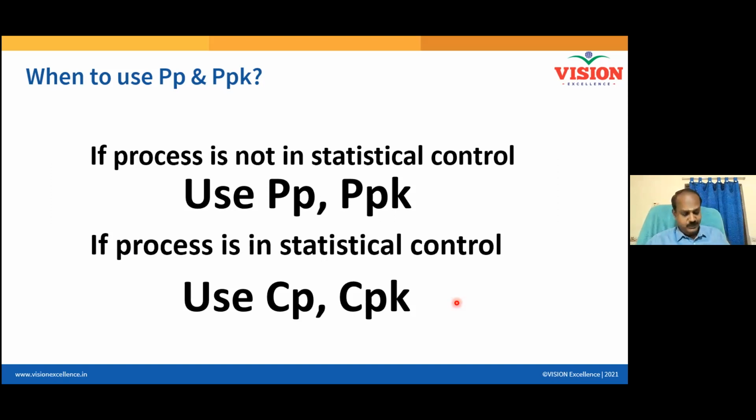But for your business requirement, your customer is asking something, you are giving him the same thing, that is different. But if you want to understand the reality, you can use the CP, CPK only when your process is under statistical control. If the process is not under statistical control, you should not even do the capability analysis. I hope all of you are practicing it already. If your process is not under statistical control, that means your process is not at all stable. Why do you want to measure its capability? Stabilize it, and then only you must do the capability analysis.